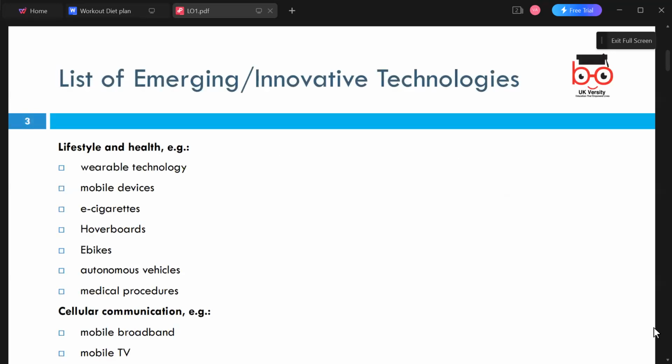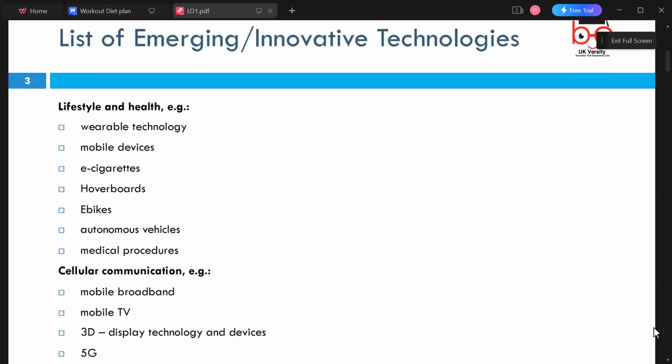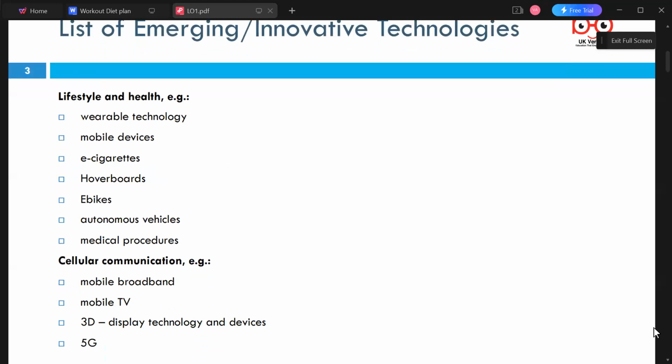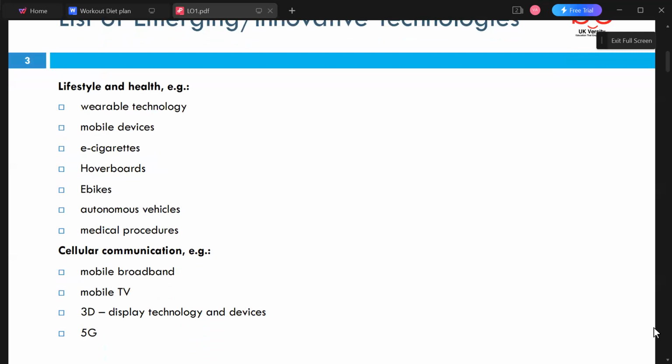So here we have some indicative contents. The topics where we're going to touch base, we're going to look into lifestyle and health, how technology has improved our lifestyle, the way we live, and how they're going to keep on improving with emerging technologies. So we look into topics like mobile devices, wearable technology, e-cigarettes, medical procedures,